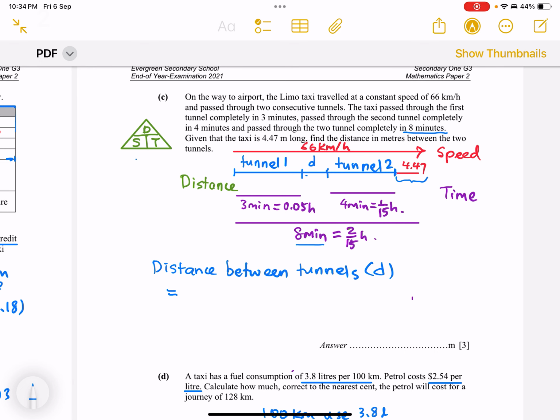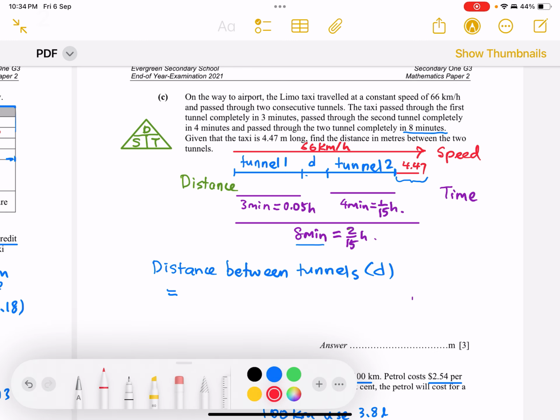So distance is speed times time. The 8 minutes is 2/15 hour, so the whole distance is